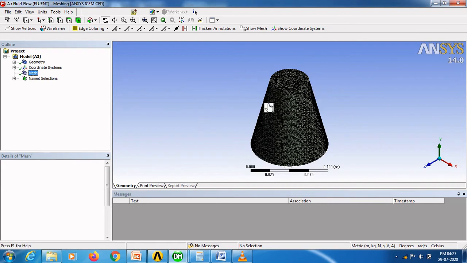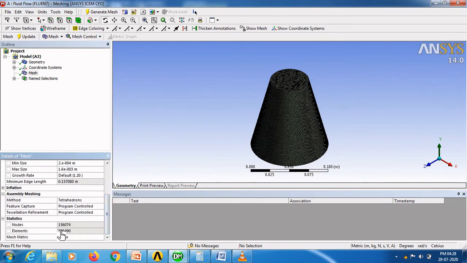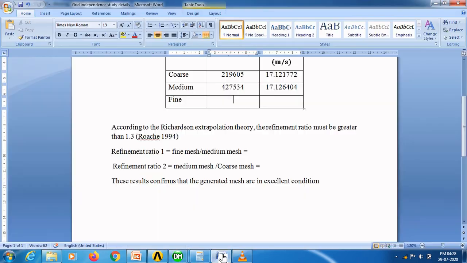Now you can see the fine mesh result for the convergent nozzle. Now go to statistics option. Here you can see the results. Copy these elements values and paste in the grid independent study table.